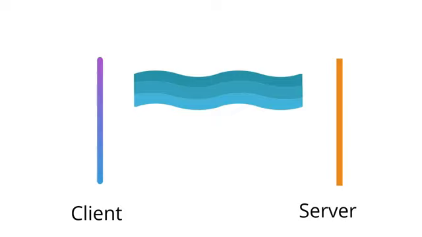Once the connection is upgraded, it stays open as long as both the client and the server need it. This means that either side can send data whenever data is ready. For example, in a chat app, you can send a message to the server and the server can send a message